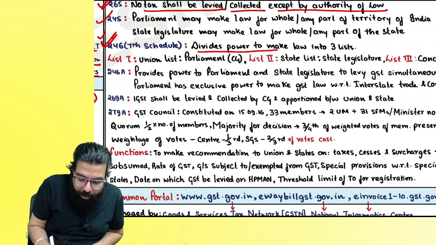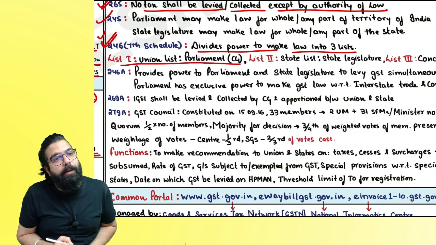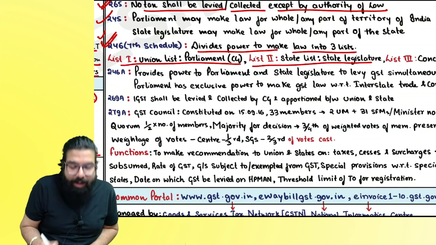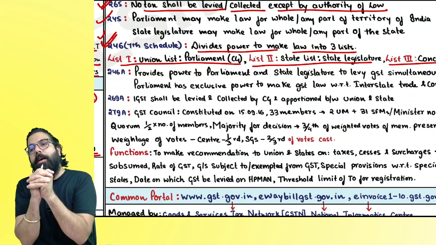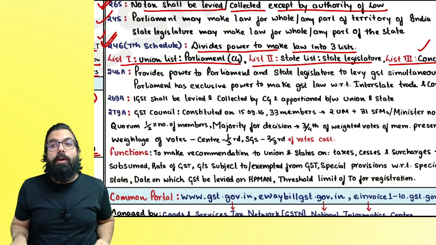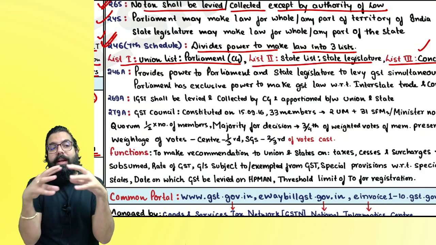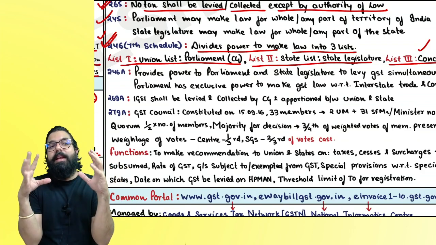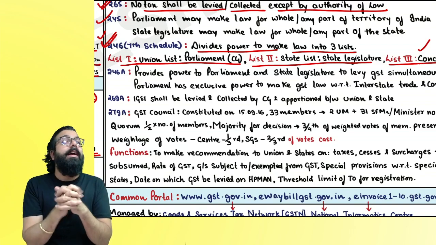Union divided the power to make the law between three lists. One is the union list, where Parliament will make the law; state list, where the state legislature will make the law; concurrent list, where both governments together will make the law. But in the concurrent list, they did not insert GST, because Article 254 says if there is any inconsistency,